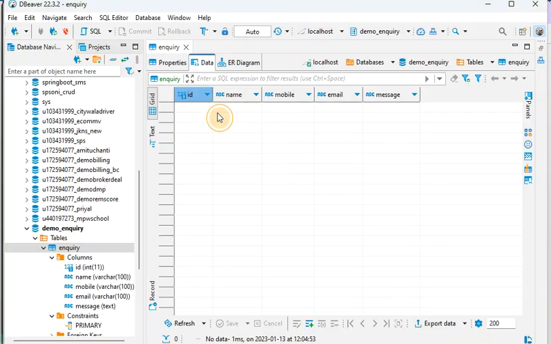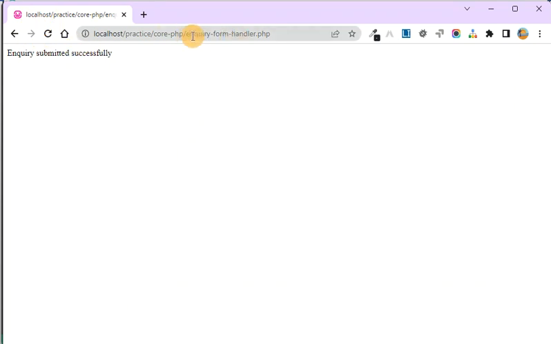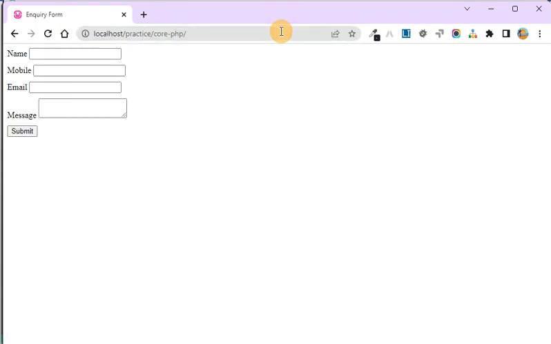So we can see the data in the database there. Let me refresh it. So you can see the data is inserted in the database. Let me show you one more try here. So just go to the particular file here. I'm going to save the new data. This time I'm going to have Sunil and mobile, we can have anything,